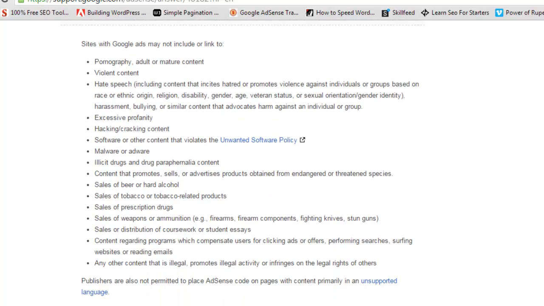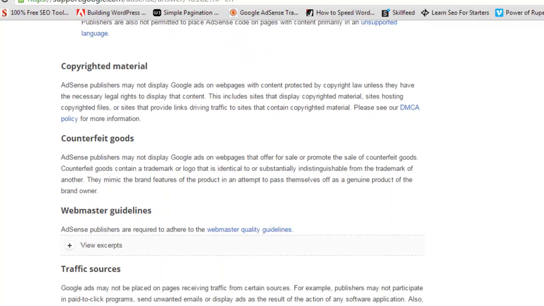So if you have any content on your site which matches these categories, then remove them, because whenever Google will know about your site's content, they will take action. So you need to be on the safe side. Copyrighted material, Google strictly advises publishers to not use copyrighted material. If you have copied any content from the websites, from the internet, remove them. Or if you are creating a new site, then don't put copyrighted material.